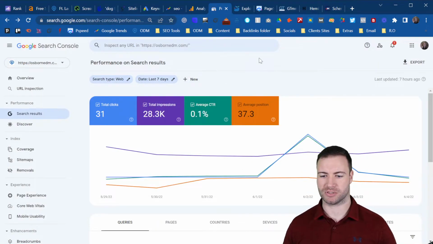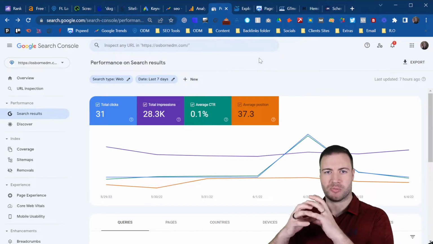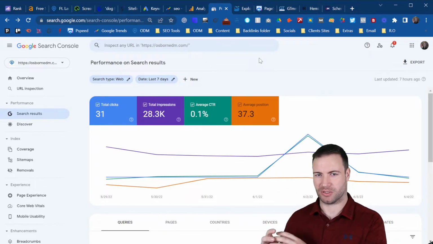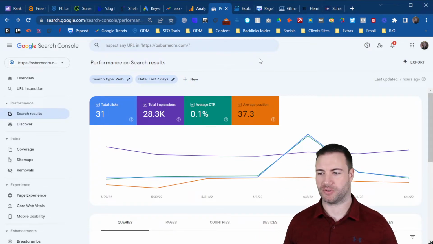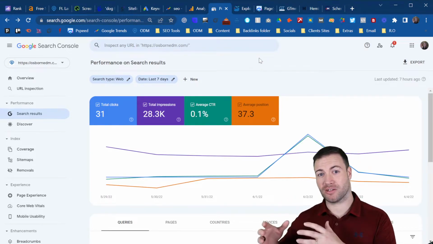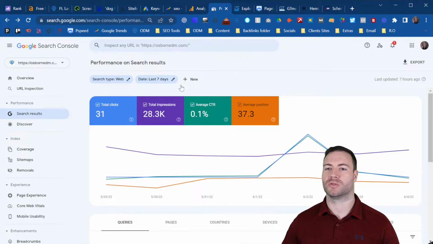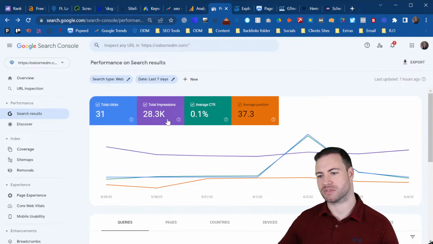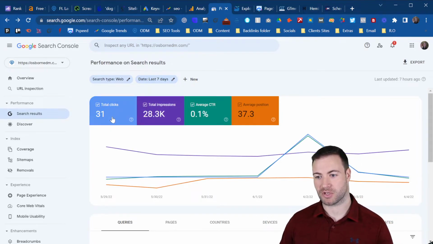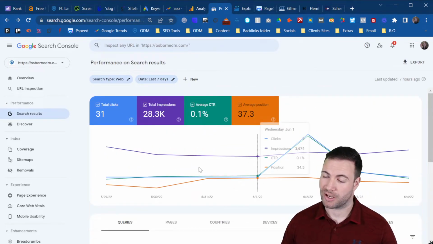Next one, again another Google tool for free, is Google Search Console. Google Search Console is essentially something that helps you with your website, more focused on the SEO side of it. It's a bit of a sidekick from Google, if you will. It's where you can upload your information to Google and say, hey, look at these pages, and Google will tell you how your website is performing. It's awesome. So you can find out your clicks, you can find out your impressions, so how many times certain keywords of mine have been displayed in the last 7 days. There's been a total of 31 clicks, it's saying, for particular keywords, which is interesting when you think about it, because I've had